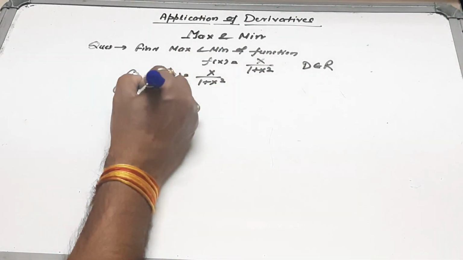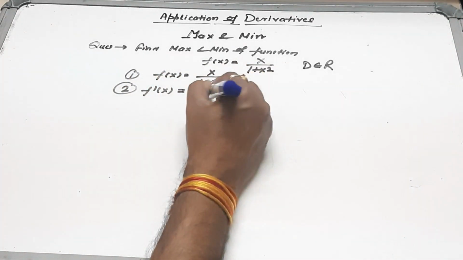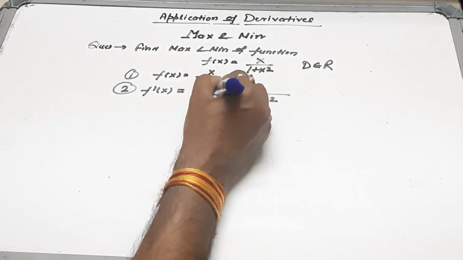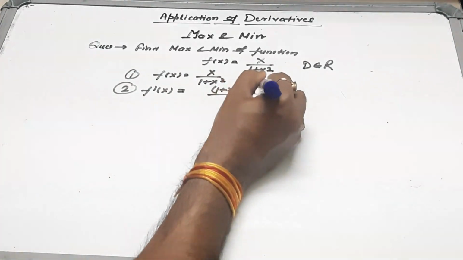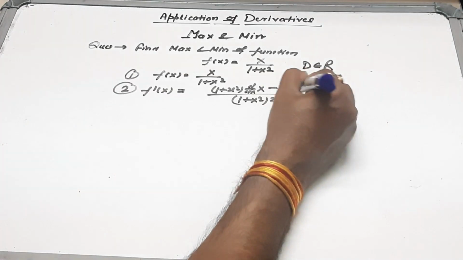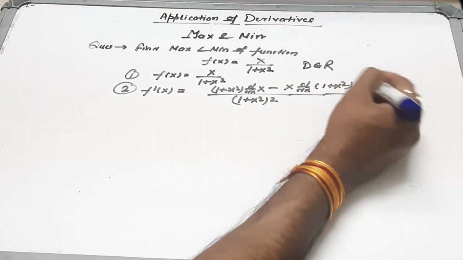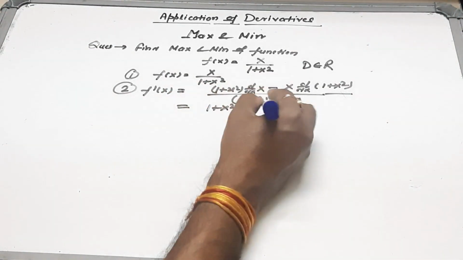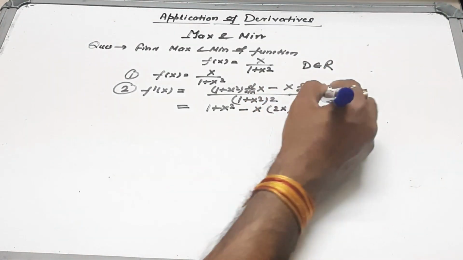Second step, find out f dash x, and this value comes, 1 plus x square whole square comes below, 1 plus x square d by dx of x minus x into d by dx of 1 plus x square, division formula, and this value comes 1 plus x square minus x, and here comes 2x, and